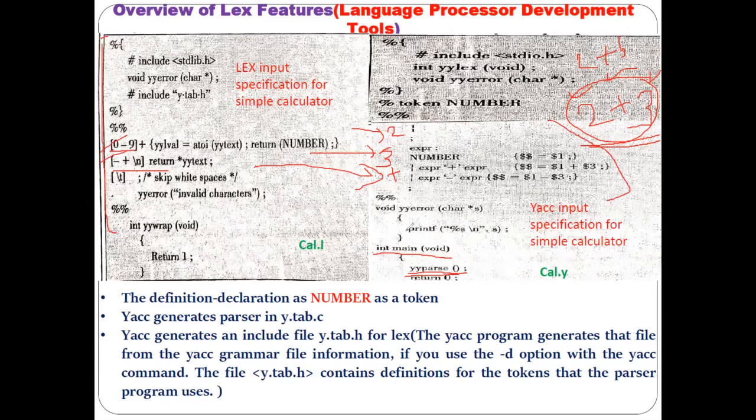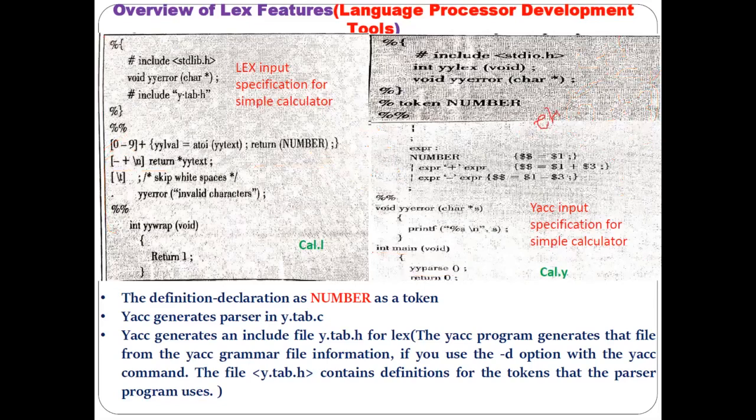Then it will come to this part, the rule section of the Yacc. Then it will check at which rule this 2 plus 3 is matching. Expression as a what? Expression as a 2 plus 3. So what is the 2? 2 is also one expression. Plus is what? Plus is an operator. 3 is also an expression. So it will easily match with these rules: expression as an expression plus expression. 2 plus 3 is matching these rules.